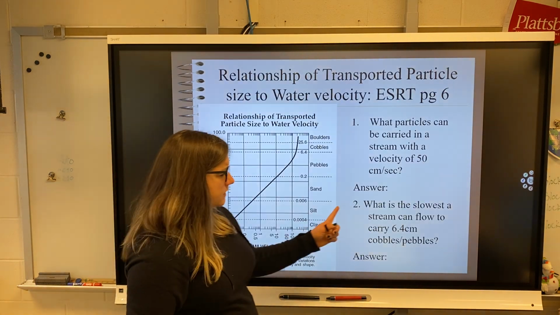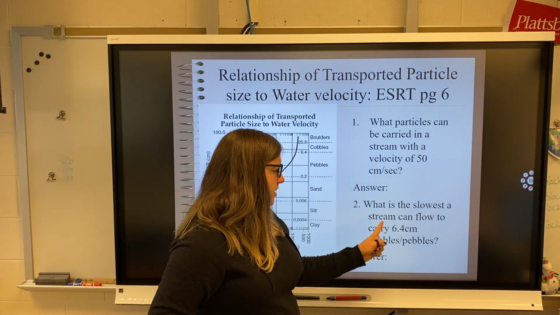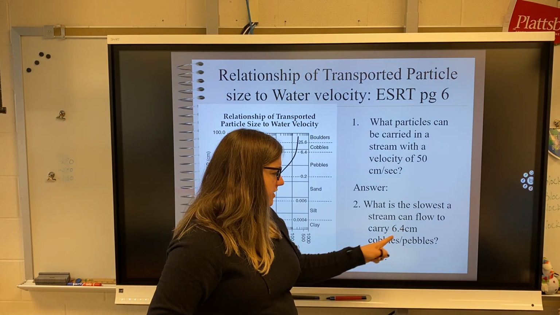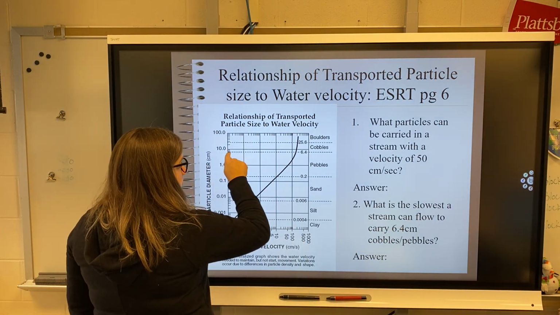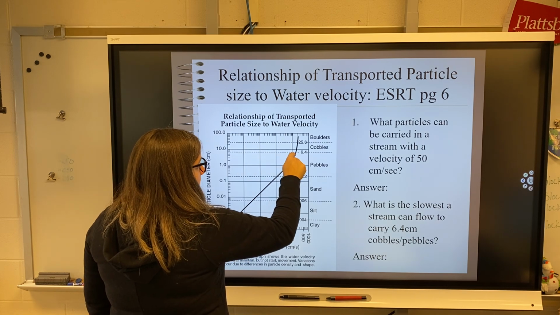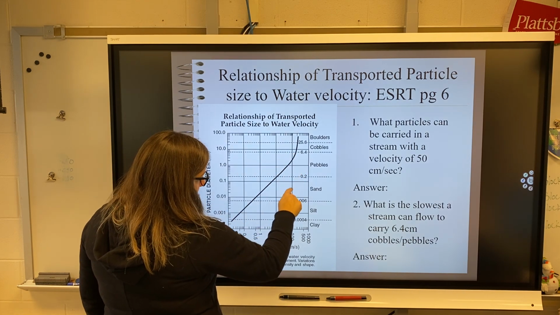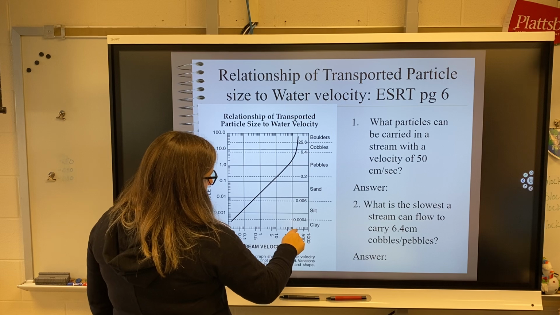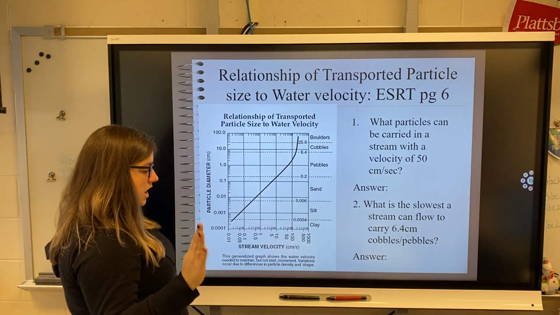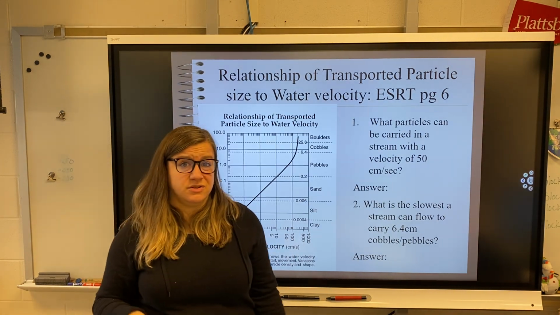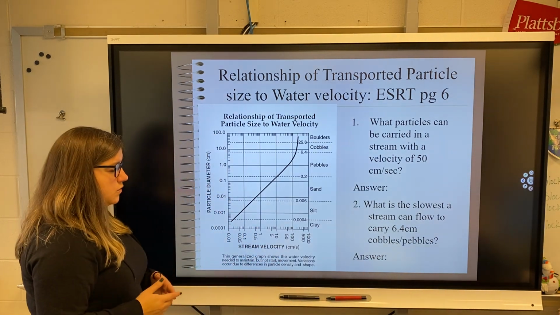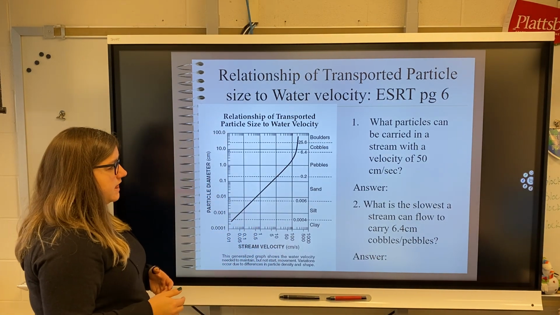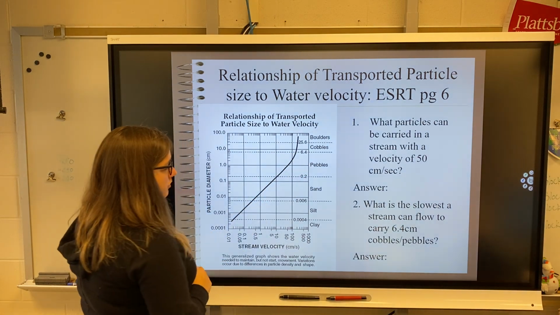So, what is the slowest a stream can flow to carry a 6.4 centimeter cobble or pebble? So this is what you're gonna do. You go to 6.4, okay? I found the black line. I'm gonna follow it straight down, and it is almost like 200 centimeters per second. So the water has to be moving at 200 centimeters per second in order for the biggest pebble to move,